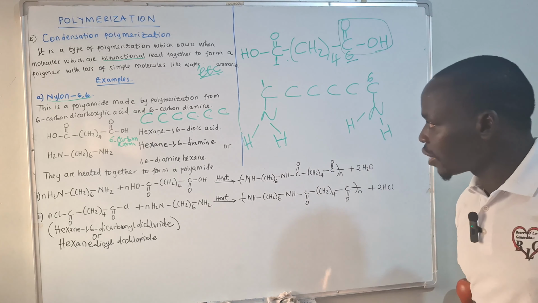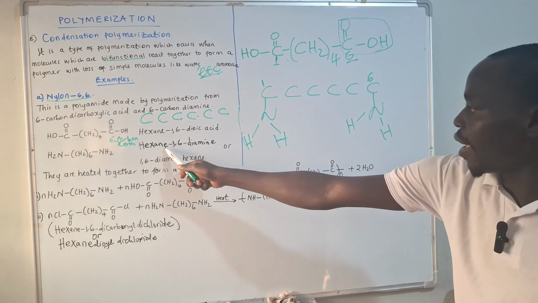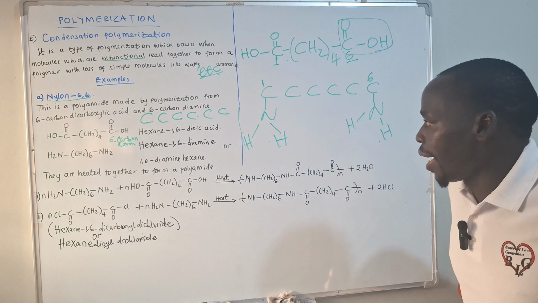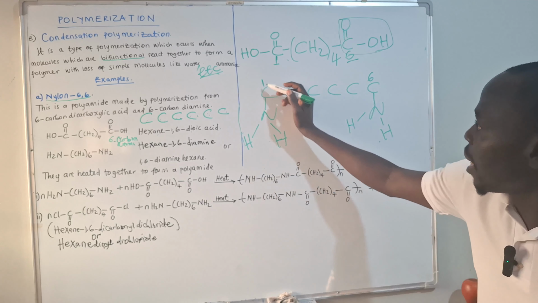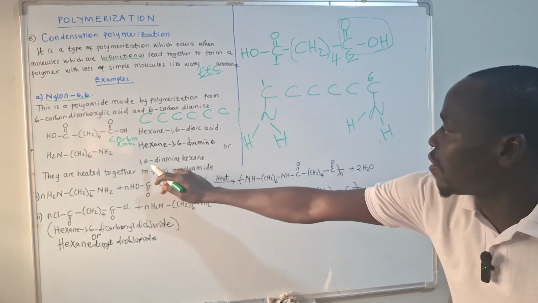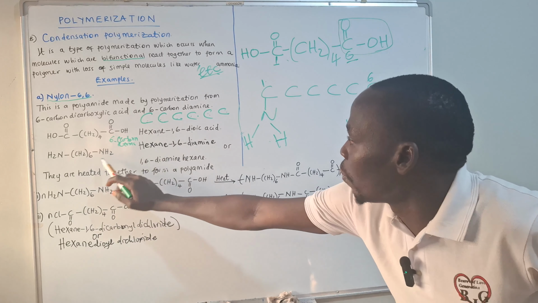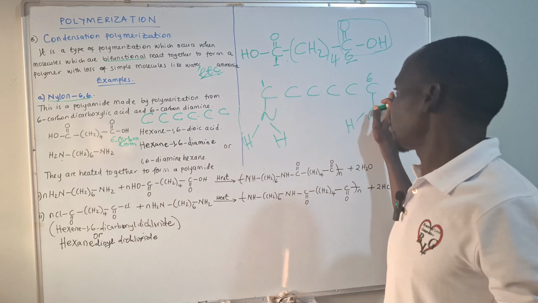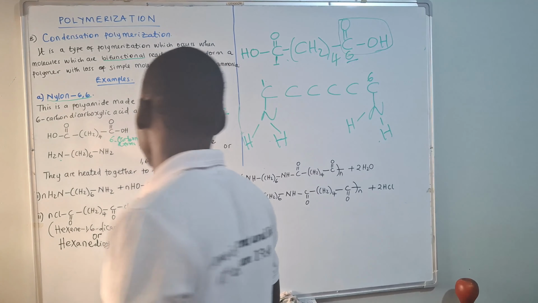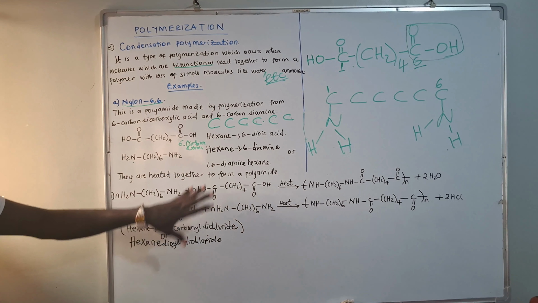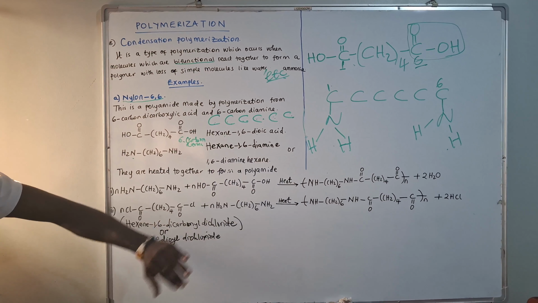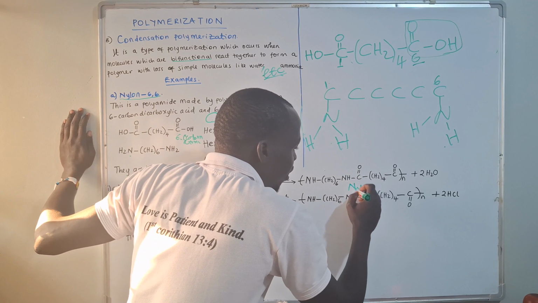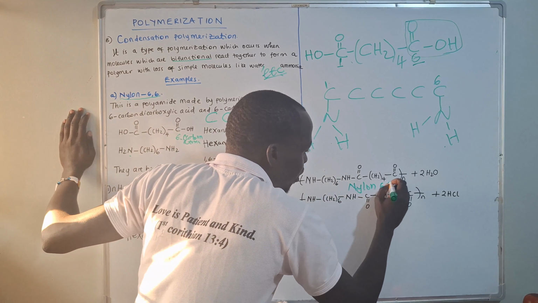So again, for us to name this one, it is called hexane 1,6 di. 2 of them come together, we say diamine. Or if you don't want to call it like that, you can start from here and say 1, you put your comma and say 6 diamine. The 2 of them, diamine. Then the long chain 1, 2, 3, 4, 5, 6 is where the hexane is coming from. Now, when we heat these together, we shall be in position to form what we call nylon 6,6.